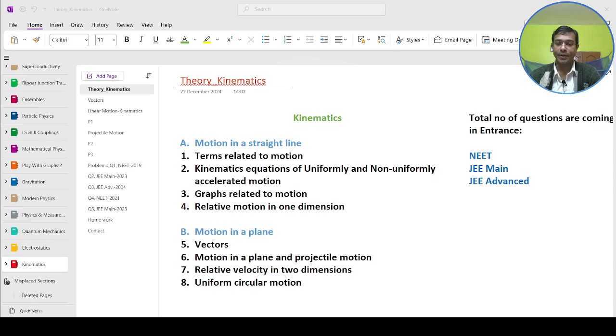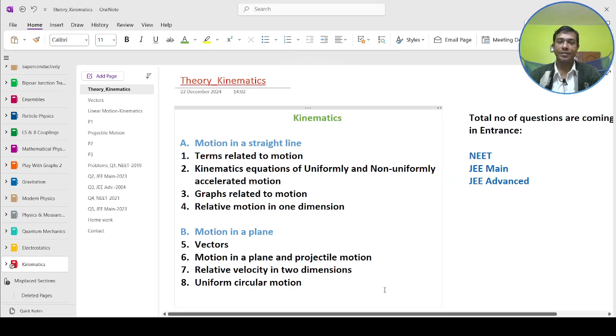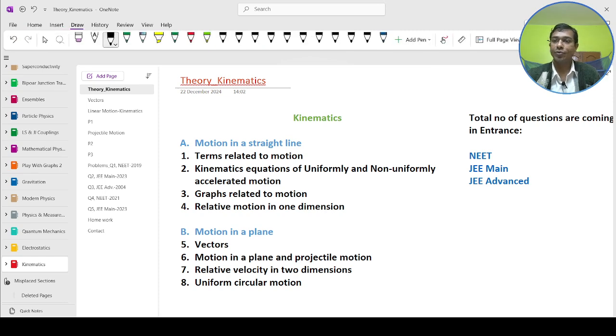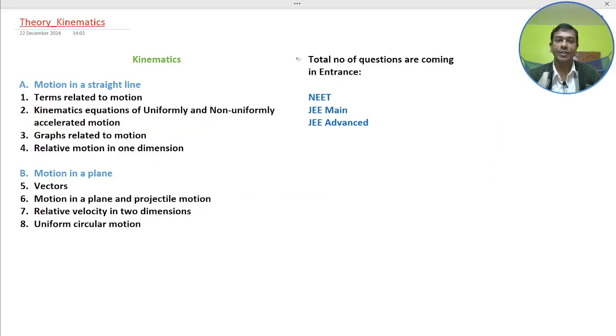This is Devabrata here. In a previous lecture we discussed electrostatics from class 12, and today we will discuss another most important topic for NEET, JEE Main and Advanced, basically kinematics. So here we will discuss motion in a straight line, terms related to motion, kinematics equations of uniformly and non-uniformly accelerated motion, graphs related to the motion,